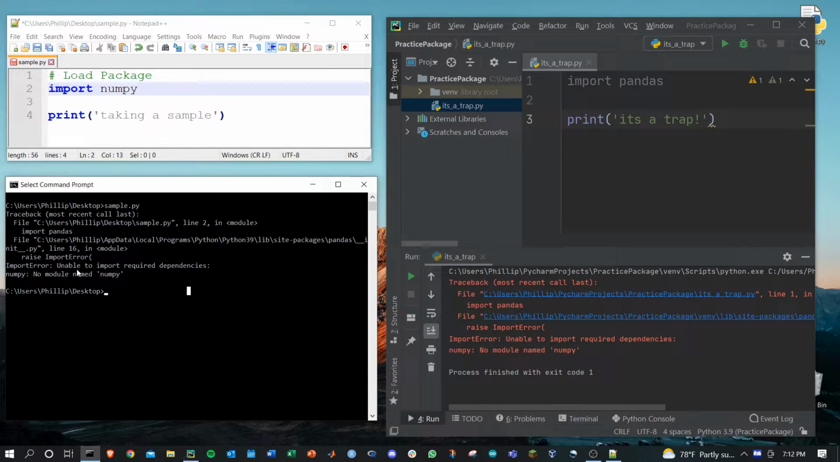Let's solve the no module named numpy error in Python. I'm going to show you how to do this with both a sample.py script on my desktop as well as a PyCharm project. The first thing I want you to do is open up a command prompt if you're in